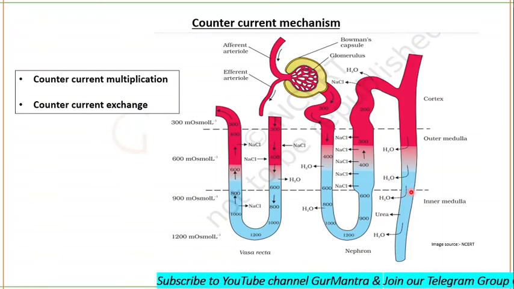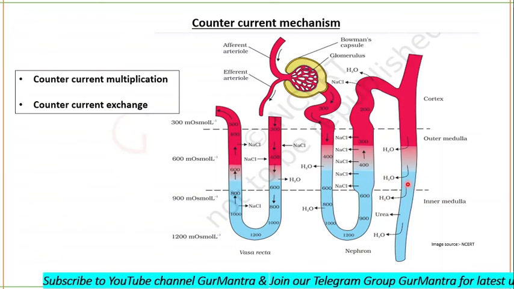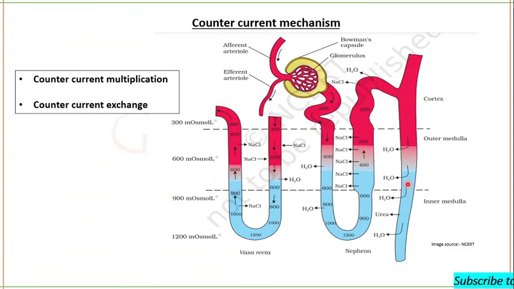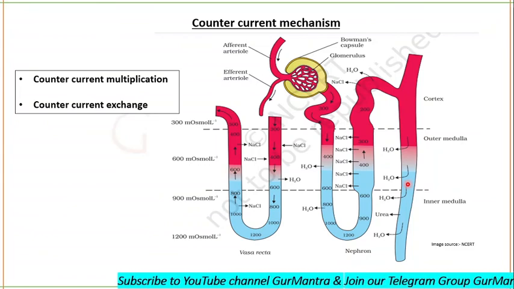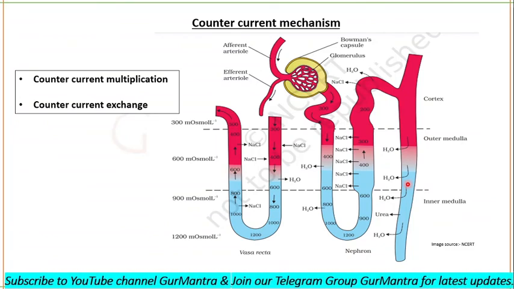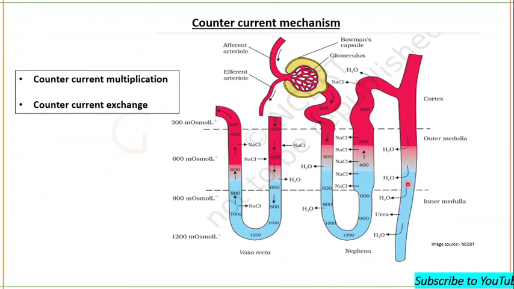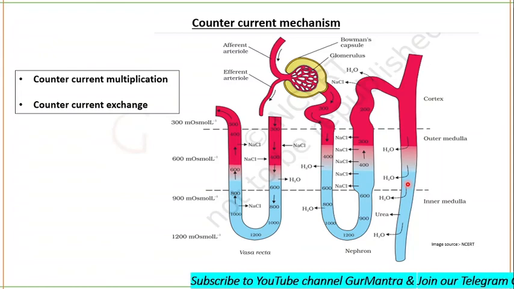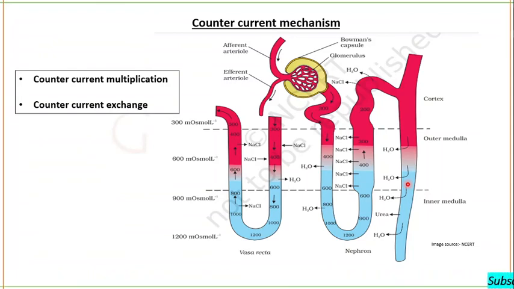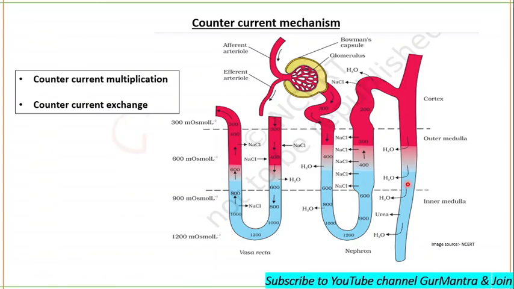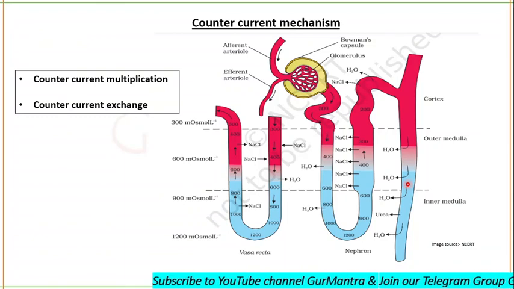I hope you understand how concentrated urine is produced and what is the condition when concentrated urine is going to form. Concentrated urine will be formed only when there is less fluid intake and more fluid lost by our body. Otherwise, it will not occur. Otherwise, a dilute urine will be produced by our body, and a large volume of urine will be excreted out. You understand?